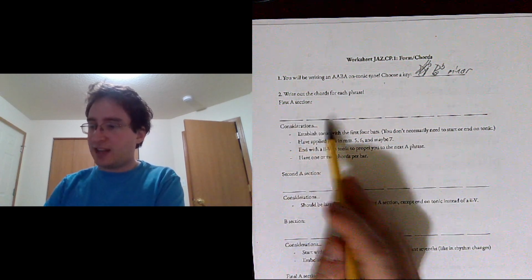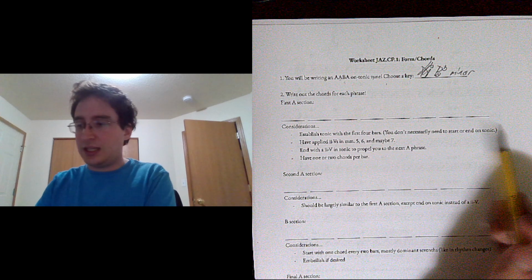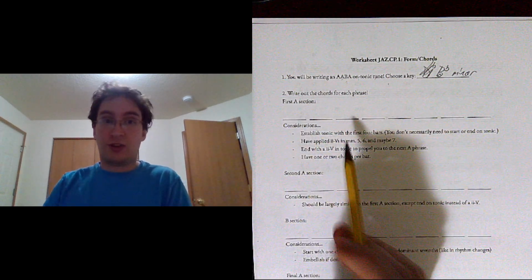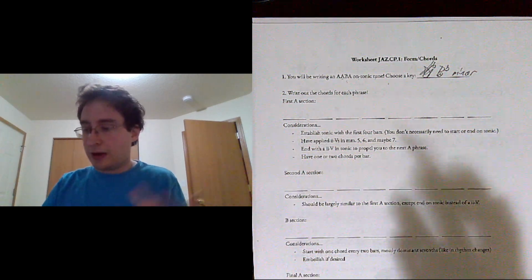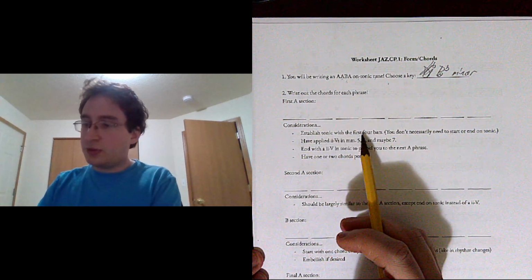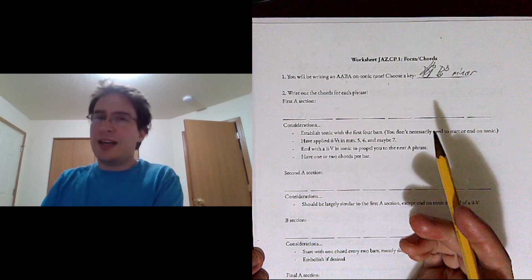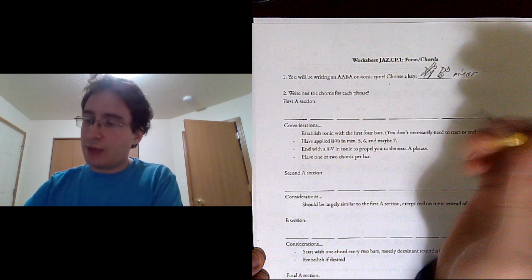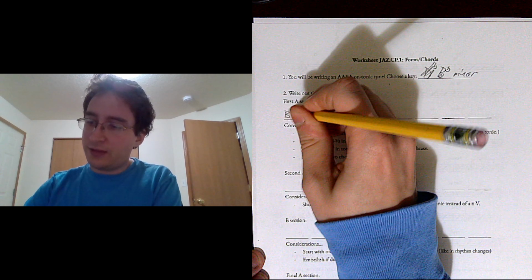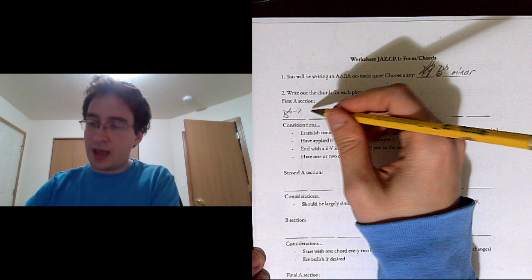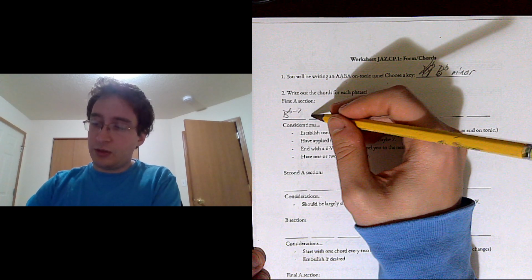So my first A section, I have 8 bars here. Don't necessarily need a chord exactly 1 per bar. Could be 2 per bar if it's more like rhythm changes. Could be 1 every 2 bars. So establish tonic with the first 4 bars. You don't necessarily need to start or end on tonic. It's pretty safe to start on tonic. So maybe I do B flat minor 7, make it a 7, then I do a 2-5